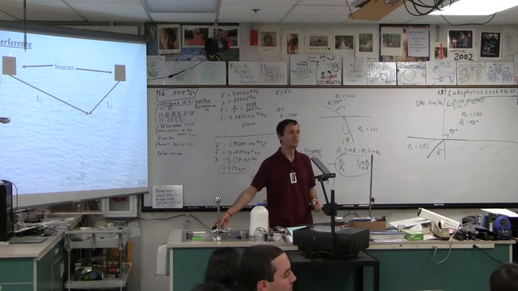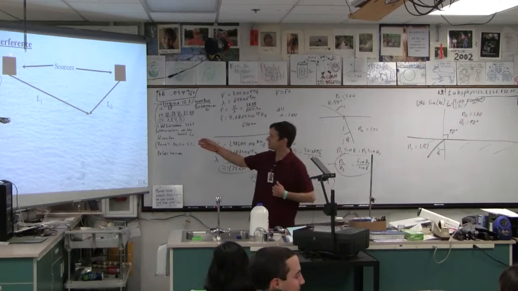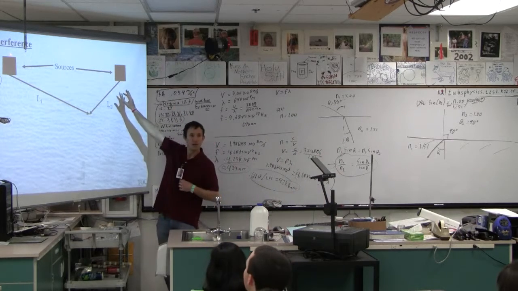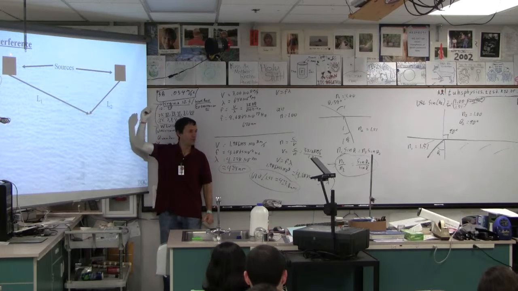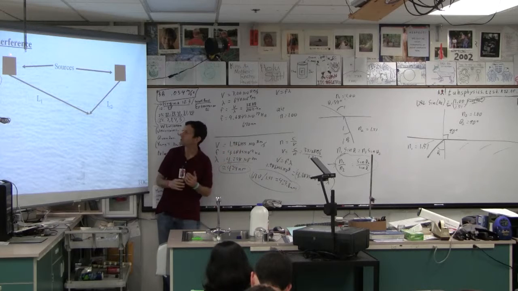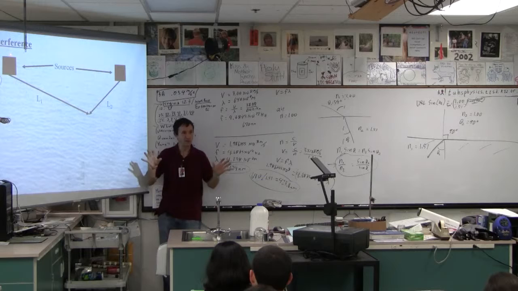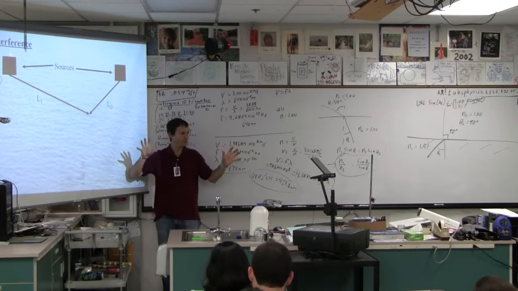Like the skill set, the interference problems like this, two-source interference problems, all you have to have is that the sources have to put out the same frequency of light, and then they also have to be in phase. If they're out of phase, that changes things a little bit. So we'll assume that they are the same frequency and that they're in phase, and in phase means that they're moving out at the same time